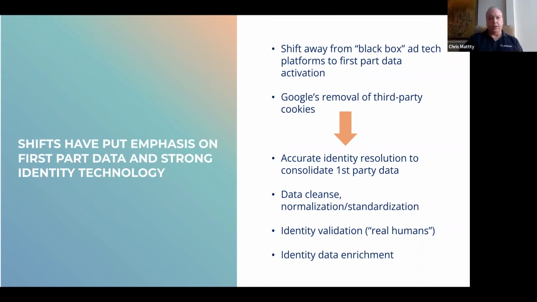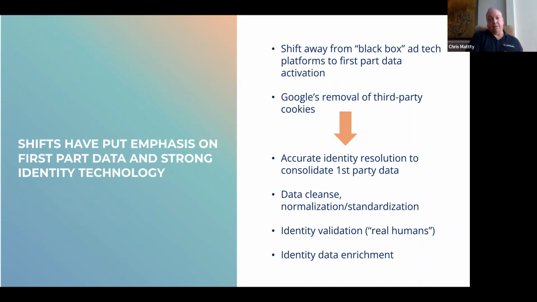I'm glad you said the word deterministic data. Everything we do with our identity engine is all based on deterministic, accurate data, not predicting we think it's the right person. It all stems off of actual data about the person. So as there's this emphasis being put back on first-party data, where marketers can own their own data, activate their own data, instead of going and buying an audience in some platform where you really don't know who those people are, you know who they are because you have the data about them within your environment.